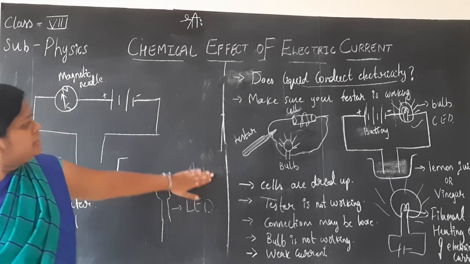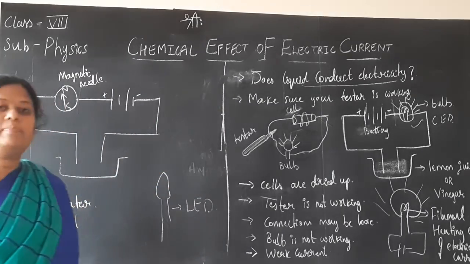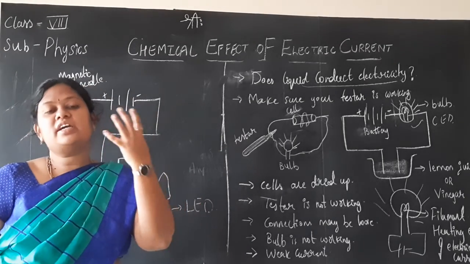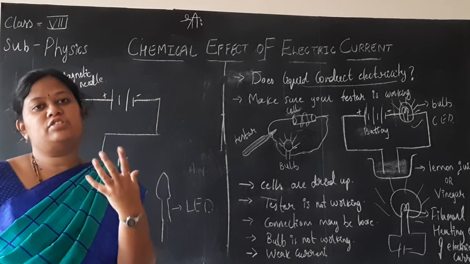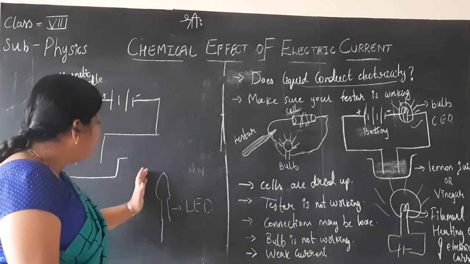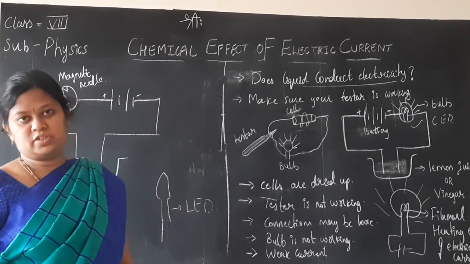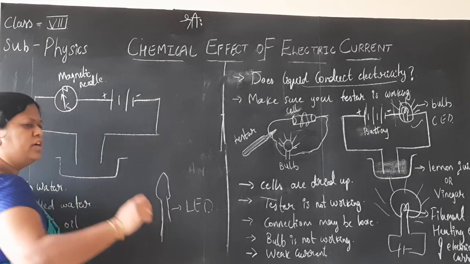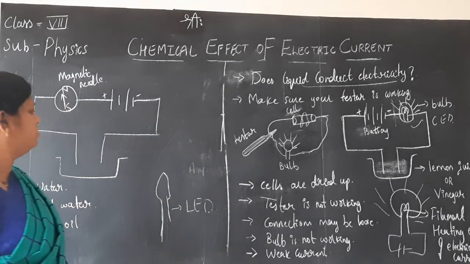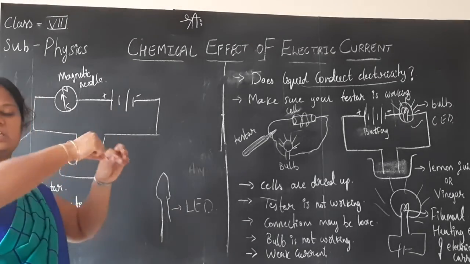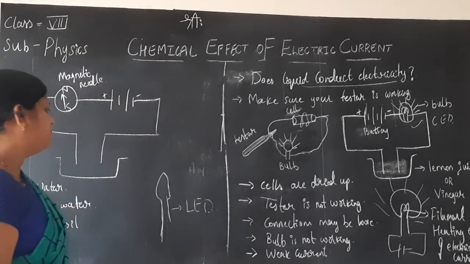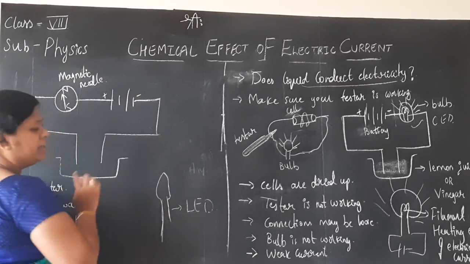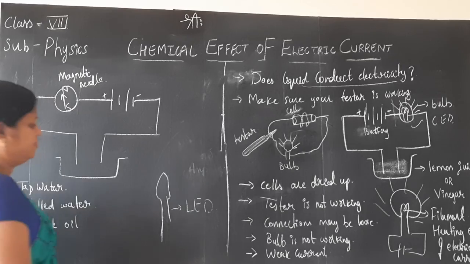So if we replace the normal electric bulb with an LED bulb, then it may glow. Why? It can detect even the small currents flowing through it. That is the wonderful property of these LED bulbs. When you consider these LED bulbs, they are available in beautiful colors. You can see these LED bulbs in multiple colors. You have seen the serial set at your home, right? LED bulbs, you say. In that, there will be two terminals called the leads.